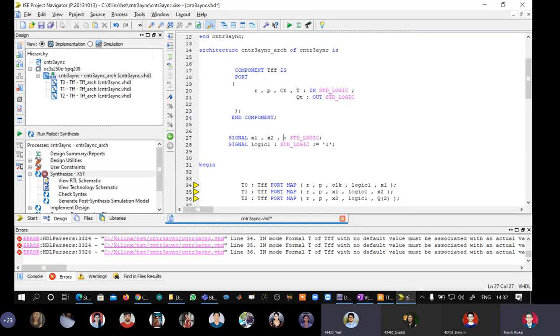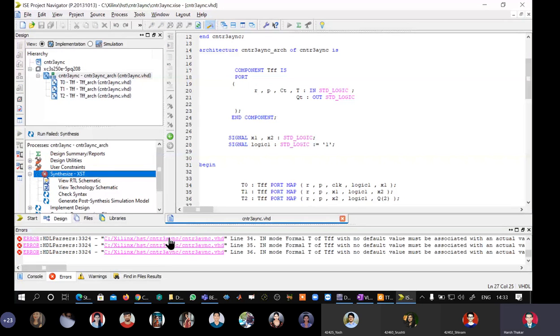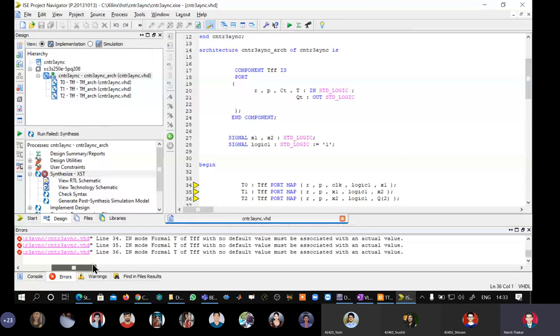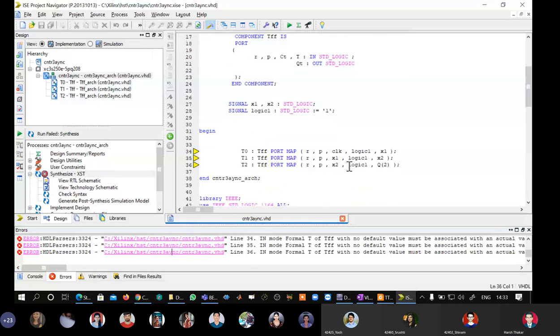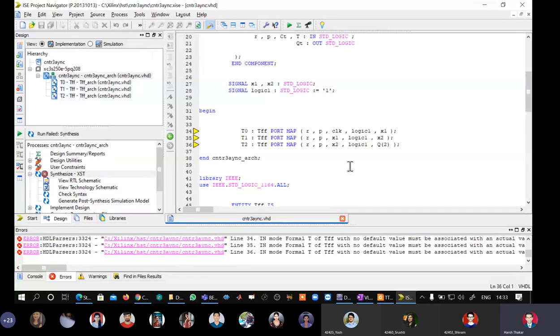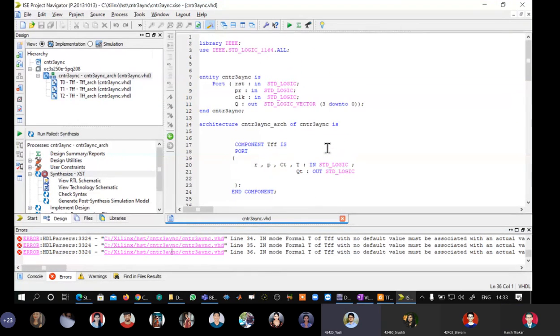Correct. Yeah, it may solve the problem, do not know. Again the same issue is coming. In mode formal T of T flip-flop with no default value must be associated with an actual value. Sir, can we assign default value to T directly?